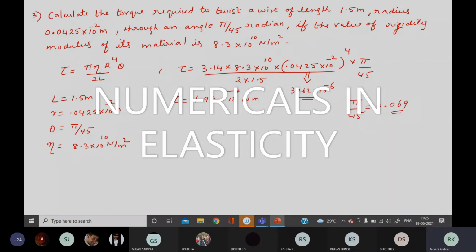Okay, let us help him out. So tell me, torque is equal to numerator value. Someone tell me the whole numerator value with pi by 45. How much? Ma'am, 2.83 into 10 power minus 3 into pi by 45. Okay, no, 2.83 into 10 power minus 3, ma'am, into pi by 45 is also there. Yes, ma'am, instead of that, I'll write 0.069. Okay, so this is equal to what?